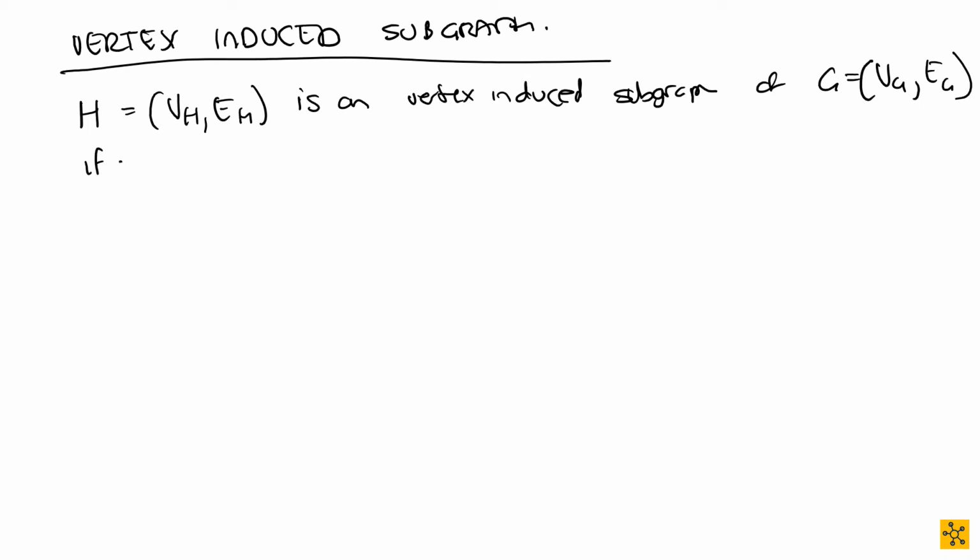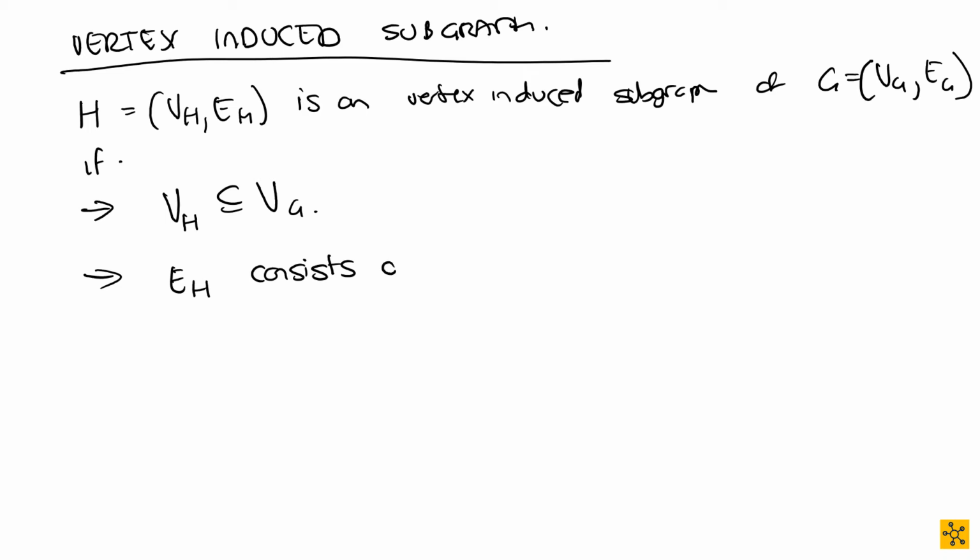If, and now what you're going to do is you're first going to have your VH as a subset of your VG. So you're going to find your vertices, and they are going to obviously be a subset of your VG, and then all your edges,